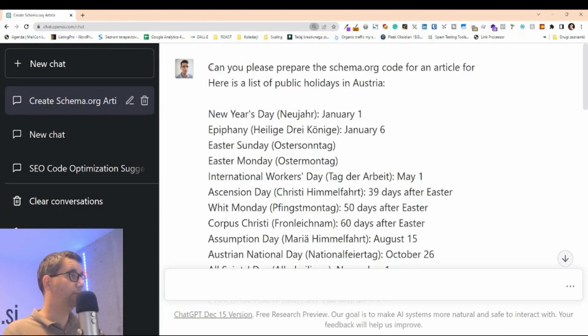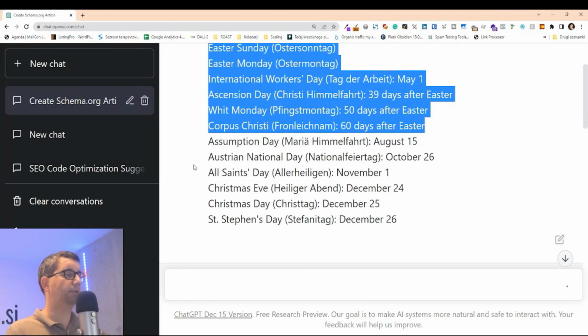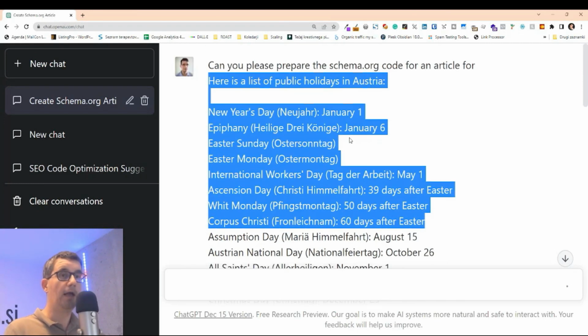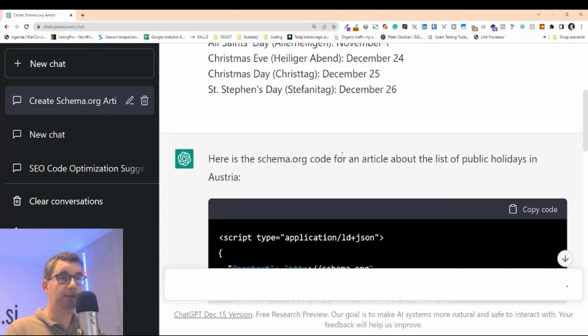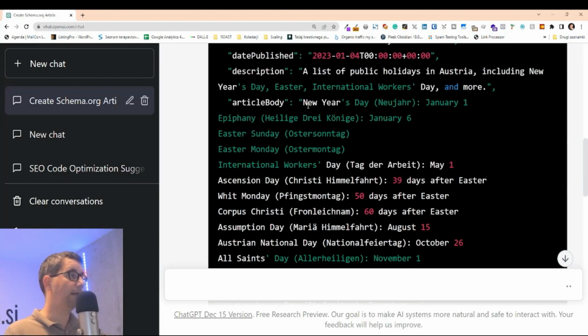So I just asked it, can you please prepare the schema.org code for an article, and then I gave it an article. These are the national holidays that we were looking at previously, right? And it said, all right, here's the schema.org code, and it prepared the code. So context is schema, type is article, headline, it added the date published, it added short description, and then the